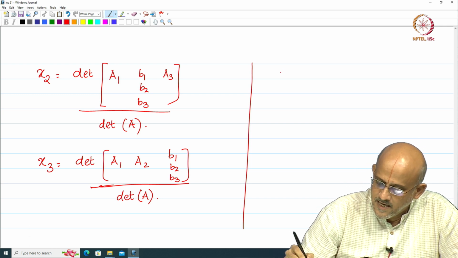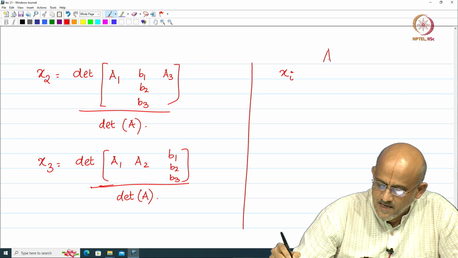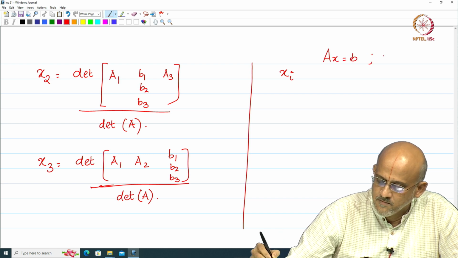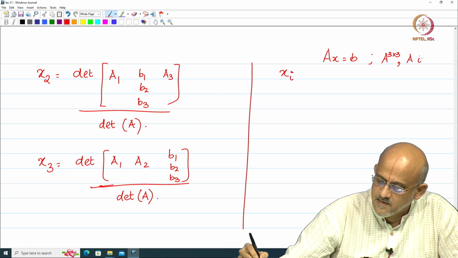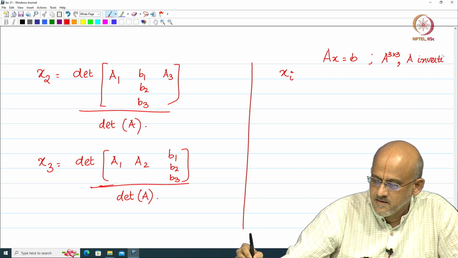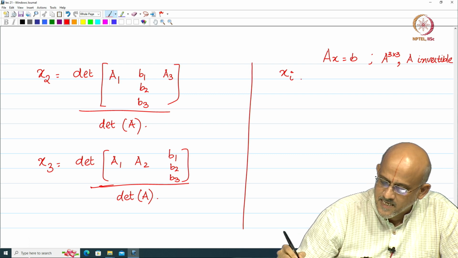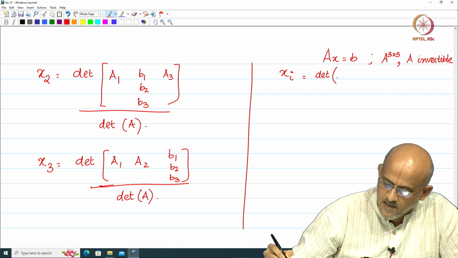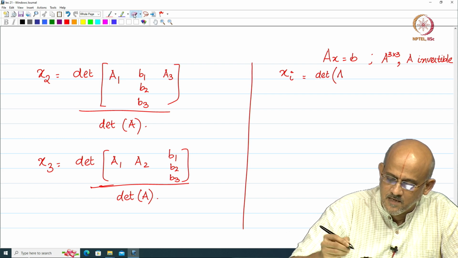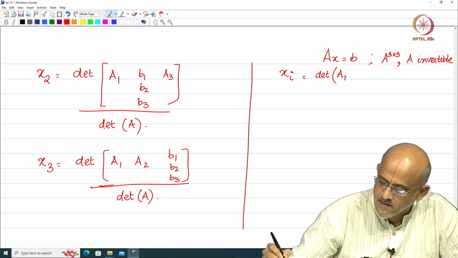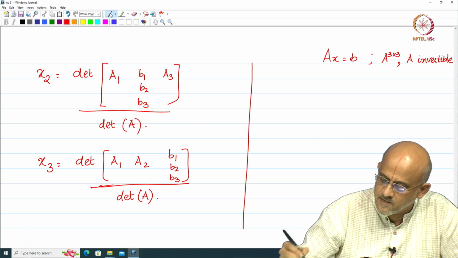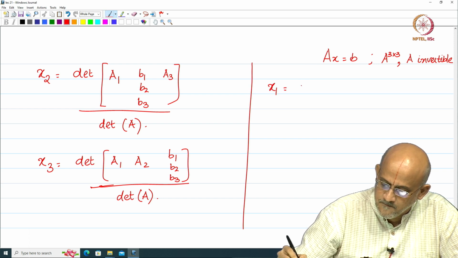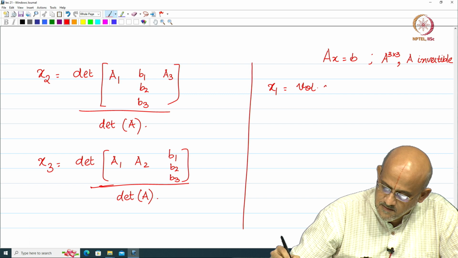So, what we get is, suppose I have Ax = B and assume A is 3 cross 3 and A is invertible, then what do we get? Xi for i equal to 1, 2, 3 is basically the determinant of A. Let us say this matrix A1, okay, let me write this x1, x2, x3, okay. X1 is basically the volume of the parallelepiped,